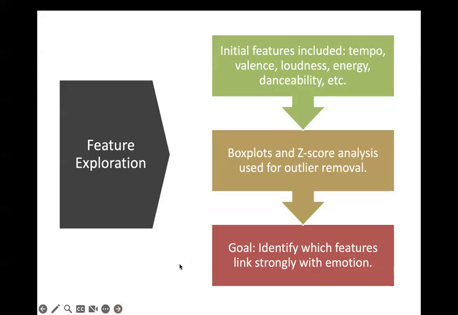In this feature selection, we explored the distribution and correlation of features using visualizations like histogram and correlation matrix. While features like mode and key showed very little variance with respect to emotion, valence, energy, and danceability showed clear separation across genre and moods. This insight helps us with pure, less noisy, and informative emotion recommendations.